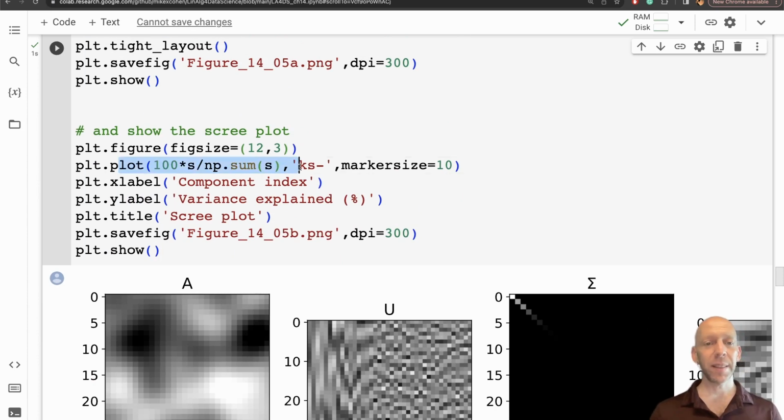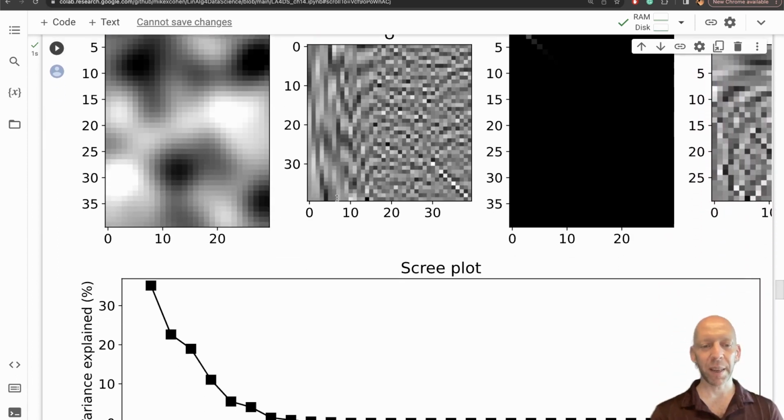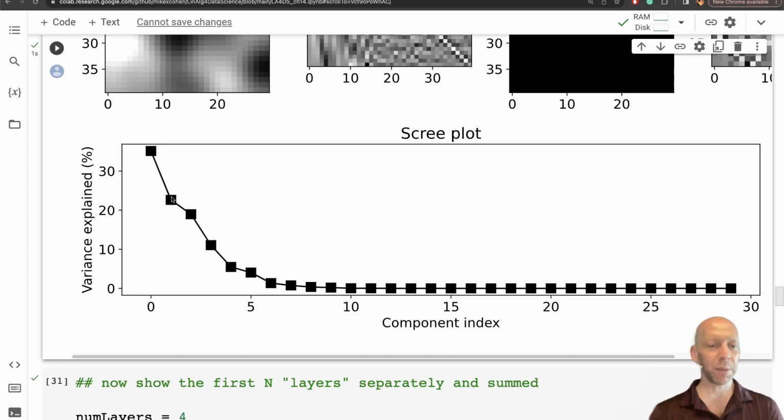Earlier in the text in this chapter, I discuss why it is justified and also relevant to transform the singular values into percent variance explained. Here you see the formula. It's very simple. You just take S, so the singular value, divided by the sum of the singular values. This gives you proportion of variance explained. And then, just for visual convenience, we multiply it by 100 to give a percent variance accounted for. Okay, and now because these are random numbers, of course, the scree plot won't look exactly like the one I showed in the book,